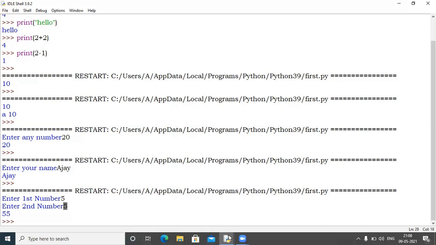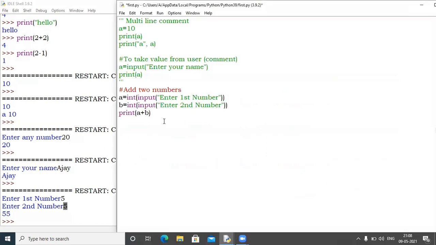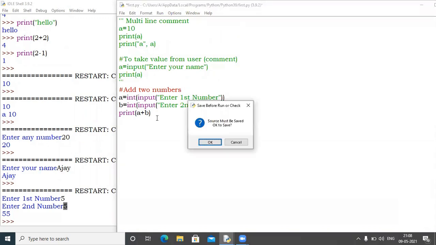So if you want to convert this into a number, it is compulsory to write int here. The full form of int is integer, which is going to convert the value into a number, and then it will add those two numbers. So now again, I will enter the same value, but you will get a different output. Let me execute this code again.